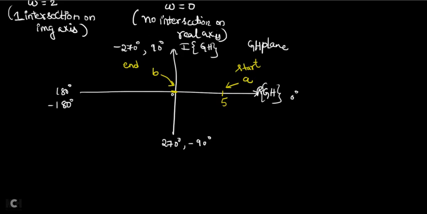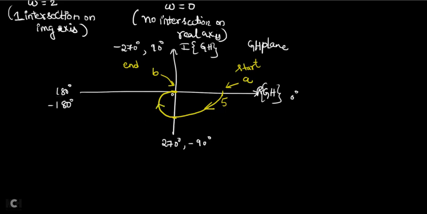Okay, so where is the intersection point? Is there any intersection point? Yes. And where is that intersection point present? On the imaginary axis. See, one intersection is there on the imaginary axis. So there is one intersection point here. Now join all these points. Starting from A, I have to come in the clockwise direction, intersect on the imaginary axis, then go and meet my point B. Understood? And what is the direction? It starts from A and then goes and meets B, so the direction should be clockwise.